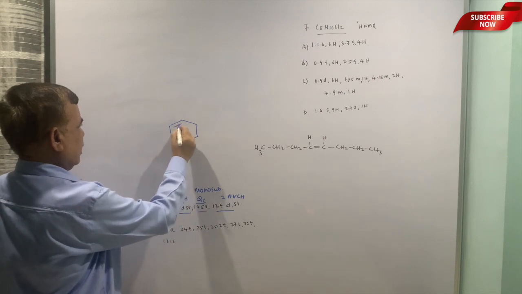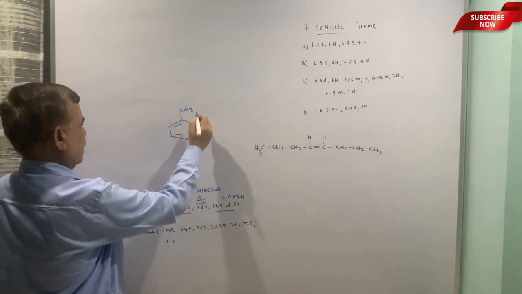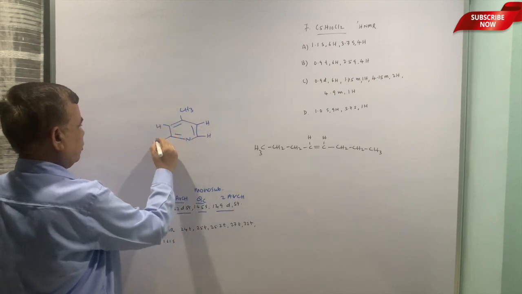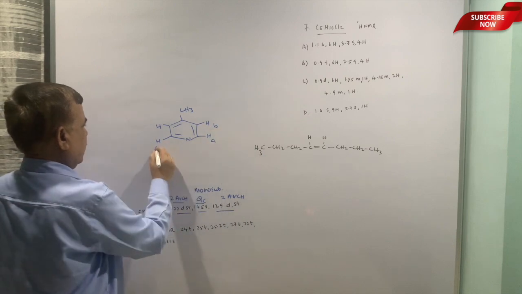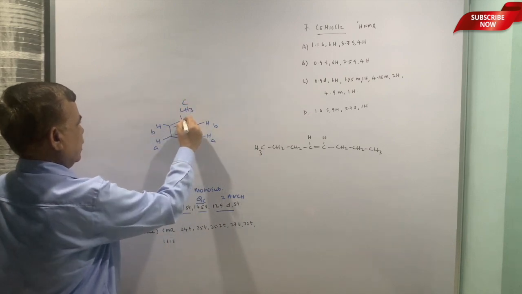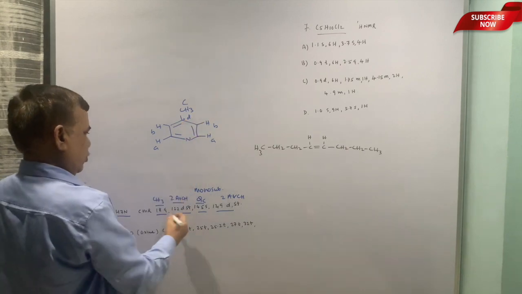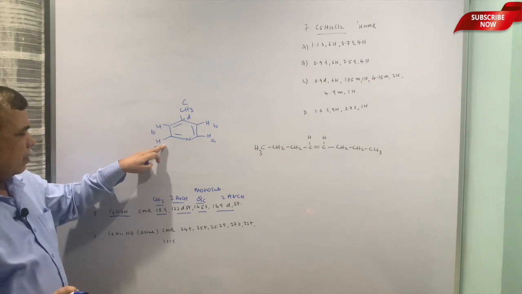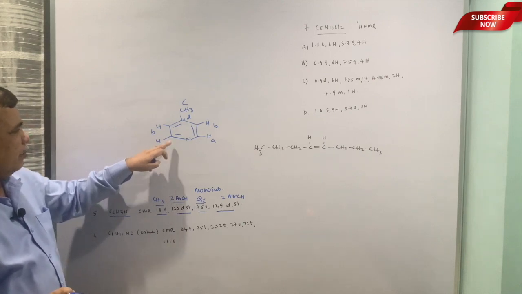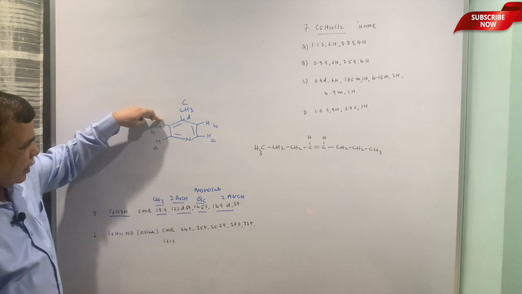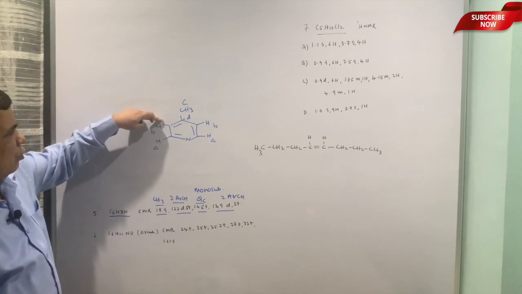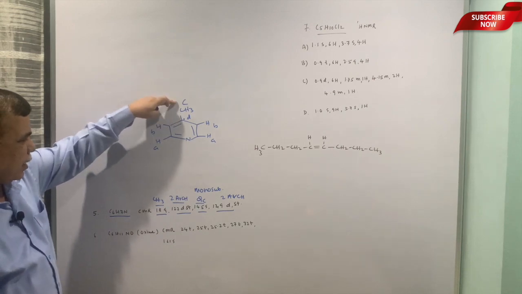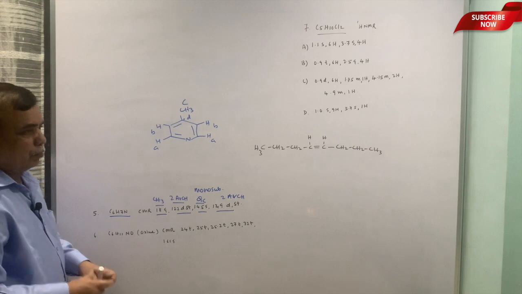So I will directly put this structure. This is substituted pyridine, and these are equivalent, so they will appear together, A, B, this is C and this is D. So 4 signals are there. This one is 149 because this is next to nitrogen. This is 122 which is away from nitrogen. This is 145 which is quaternary, and this is 18 that is quaternary.